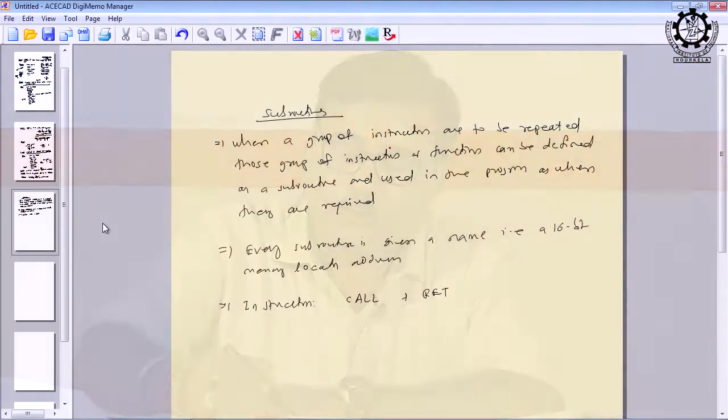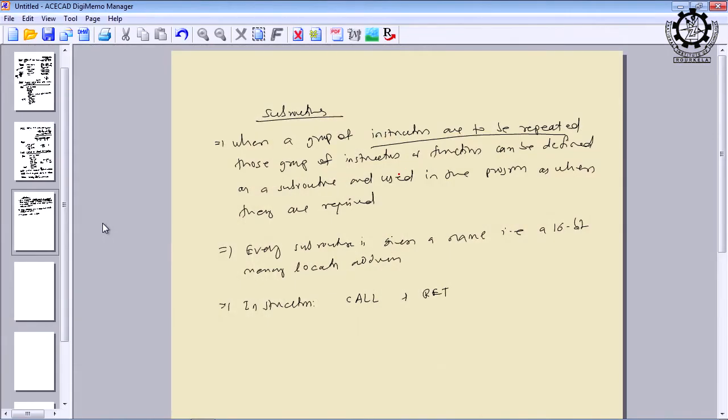Whenever you want to define a subroutine in a program, and if you find that a group of instructions is repeated in the program, you can define it once by giving a name, which you call the subroutine name, and as and when it is required in your program, you can call it by that name.